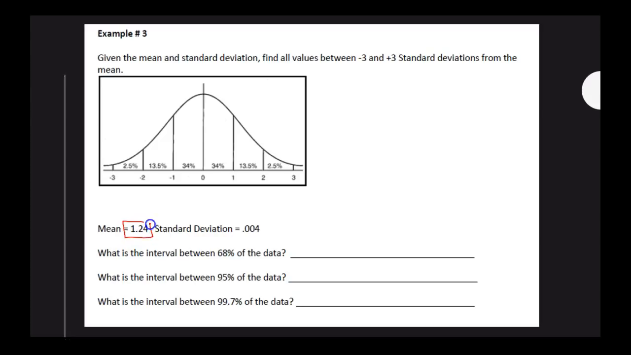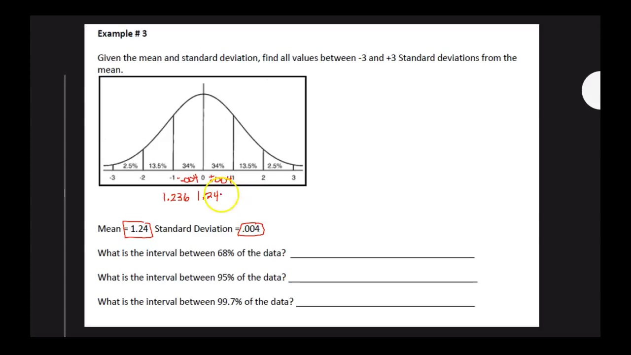So now the mean is 1.24, tiny little number. And the standard deviation is 0.004, very, very tiny. This data is all very, very close together. So if we minus 0.004, this is going to cause you to have to be careful with your calculator to not do any typos and get enough zeros in there. So 1.24 minus 0.004 is going to give us 1.236 on the low end of that first interval,